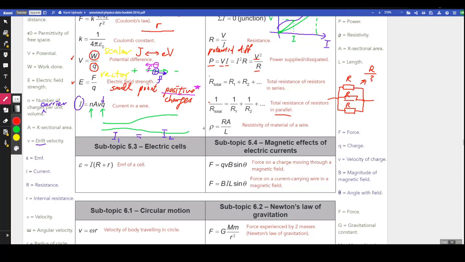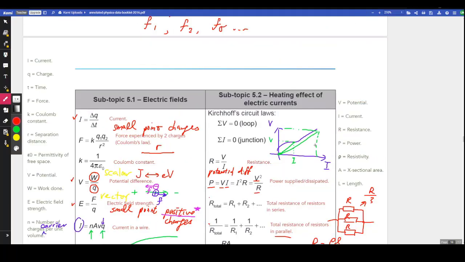And for the last equation here, usually I will phrase it as R equals rho L over A. If you like to do it this way, that's fine as well, as long as you know what they are. So rho is not density, it's something called resistivity, depending on the material. A is area, so the cross-sectional area. So usually again it is a circle area. And then L is simply the length. Alright, so in 5.2,